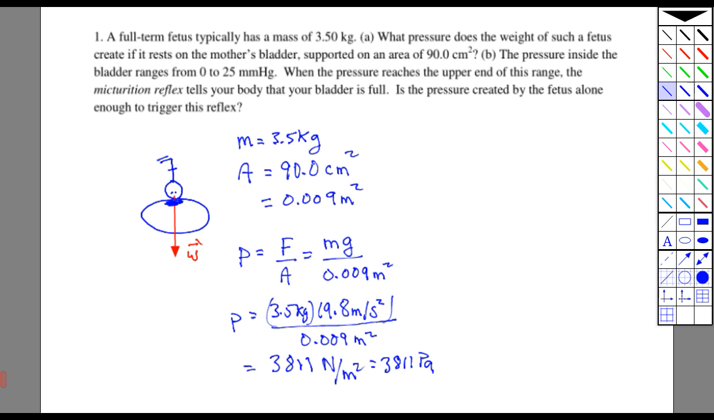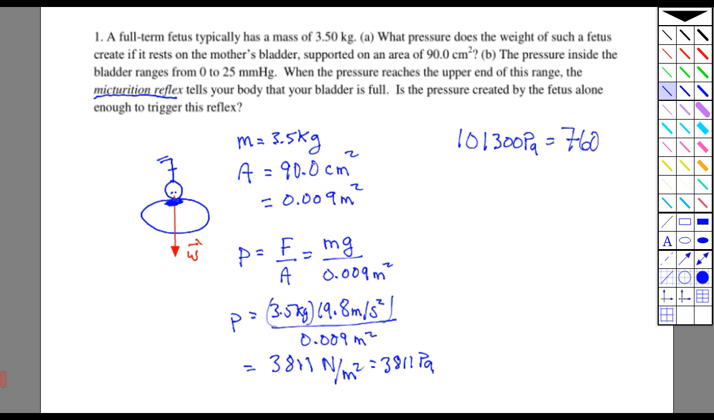Okay, so that's the first part. That's the pressure that the fetus is exerting on the bladder. The next part is: is this enough to trigger this reflex up here, telling us that our bladder is full? Okay, so the question is, is this enough pressure? Well, let's do the conversion. So here's the conversion. 1 atmosphere, or 101,300 pascals, is equivalent to